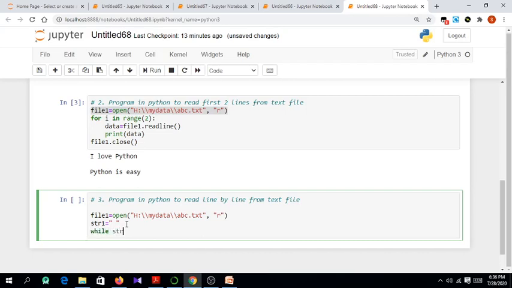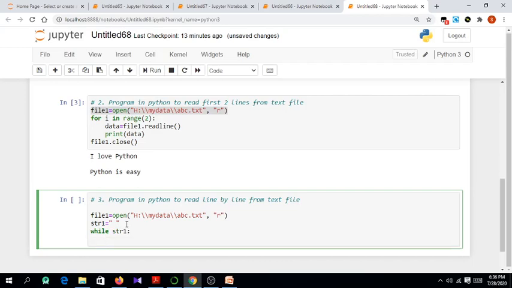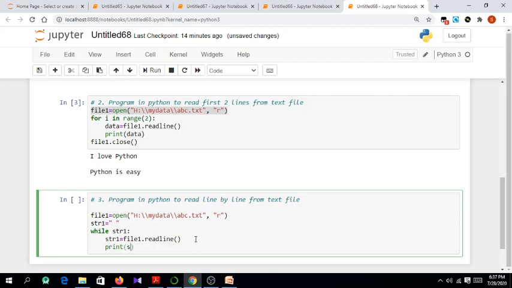Now I will set up a loop, while string1. See, the string is not empty, it contains a space, so it is not false, it is still true. Every time inside the loop I am going to set string1 equal to lines read from the file one by one. So file1.readline, the same function we used in the previous program. It reads one line and stores it in string1, and let us print string1. Every time it will read a line, store it in string1 and print it. Second time it will read the next line, store it in string1 and print it.